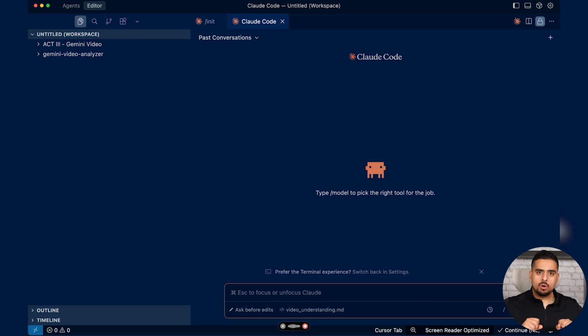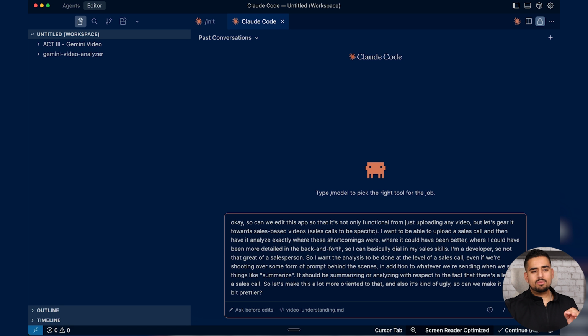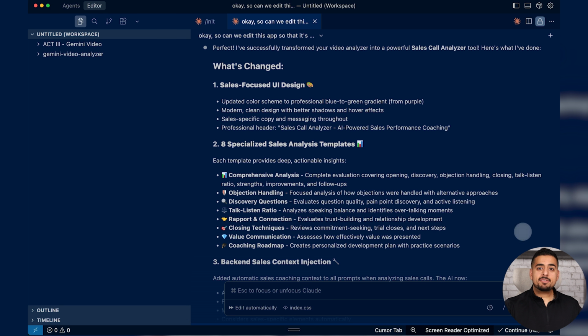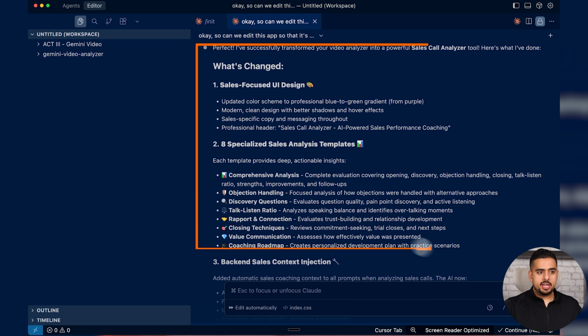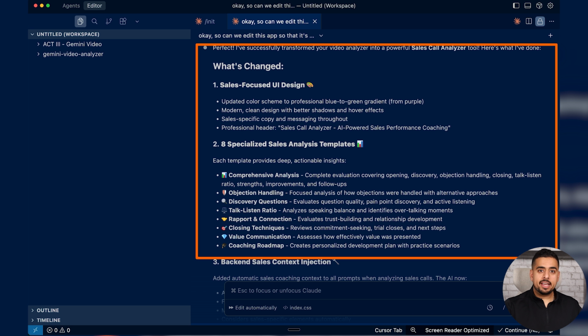So even if we're shooting over some form of prompt behind the scenes, in addition to whatever we're sending when we say things like summarize, it should be summarizing or analyzing with respect to the fact that there's a lens of a sales call. So let's make this a lot more oriented to that, and also it's kind of ugly. So can we make it a little bit prettier? So I'll send this over and I won't go into plan mode. I'll just let it rip and see how far we go, but I would recommend that you go into plan mode. And after 15 minutes, we now have all the changes to make this platform a lot more sales focused